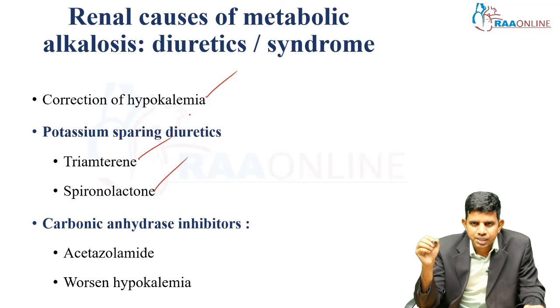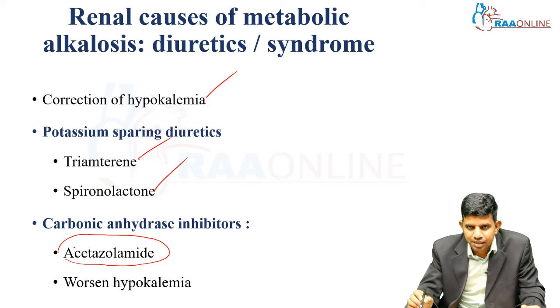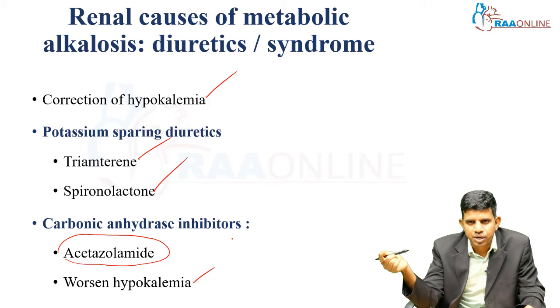You can also use other alternative diuretics like acetazolamide as a treatment, and it will correct the metabolic alkalosis, but acetazolamide itself will cause hypokalemia. So, thiazide and loop diuretic induced metabolic alkalosis is always associated with hypokalemia. You can treat the metabolic alkalosis with acetazolamide, but you should be very careful that acetazolamide itself worsens your hypokalemia. So, supplementing potassium is very important when you are using acetazolamide to treat